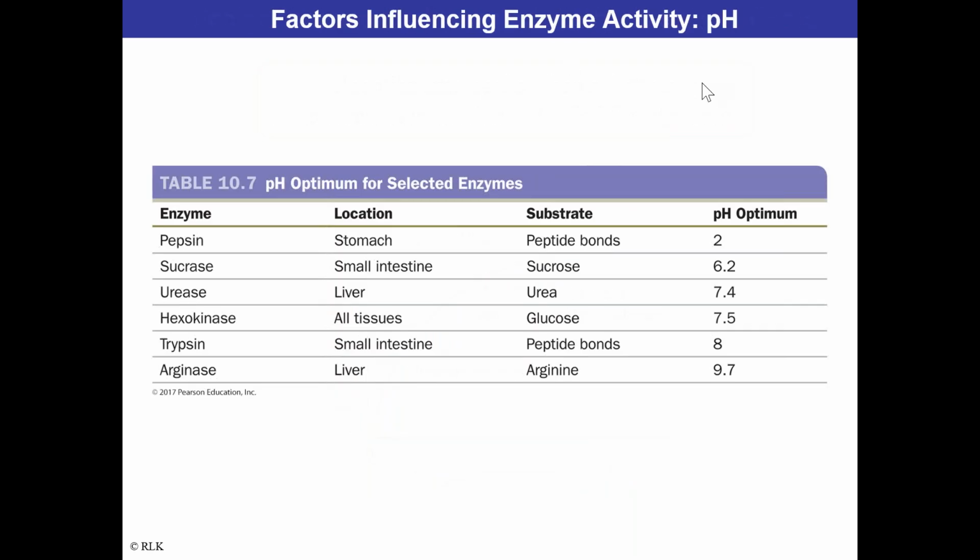So what are some factors influencing enzyme activity? Another one, we talked about already four of them. How about pH? This is another one. For instance, you will find some enzymes like pepsin that exist in the stomach, and they attack the peptide bonds. They help us break up those proteins in the stomach. Remember, the stomach is where digestion of proteins will occur. Carbohydrate digestion is going to begin in the saliva. We'll talk about that in chapter 12, but this is a really nice indication, like a point here, where we're talking about pepsin in the stomach and the peptide bonds,